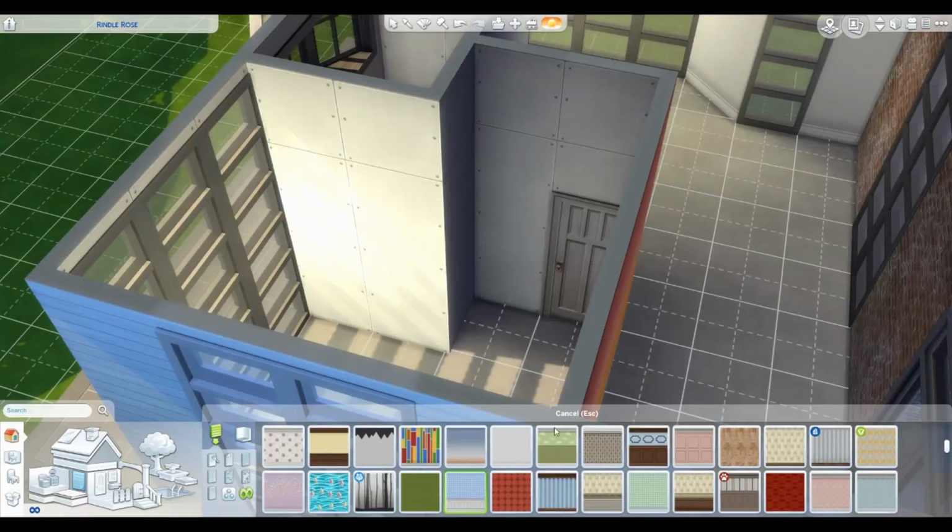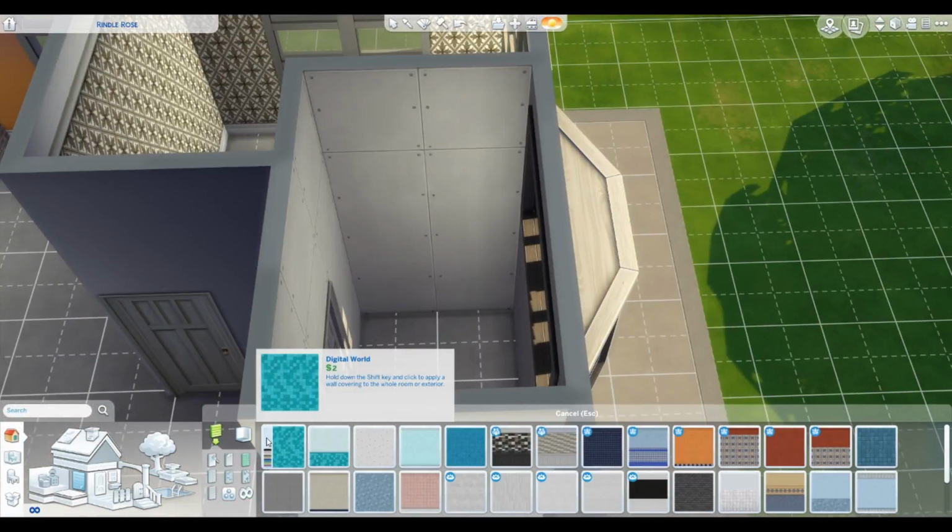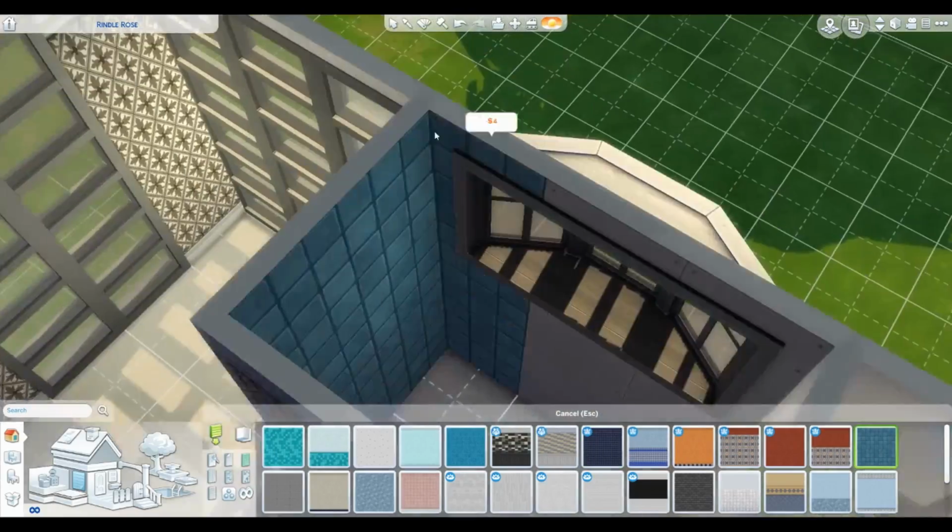I did the big, tall windows just because it kind of made it feel more open. And since it is a tiny home, it's really small. But anyway, what I was saying about